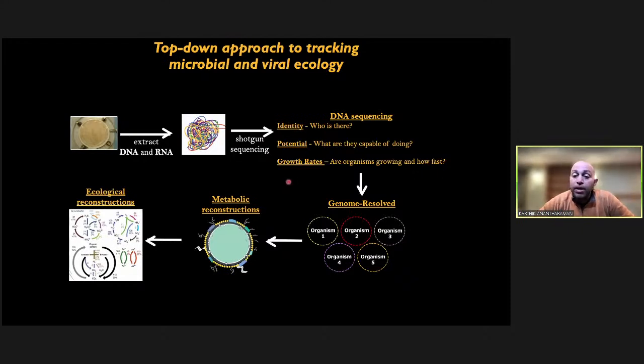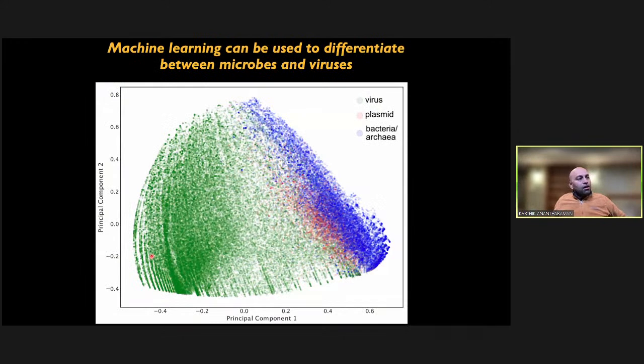Our research is typically genome resolved. So, from shotgun sequencing, we generate organisms through a variety of bioinformatic approaches, and we get different genomes that would look like this. We reconstruct metabolisms. And then finally, we undertake ecological reconstructions that look like this. Now, when it comes to studying viruses, viruses are slightly trickier to study than bacteria. And the reason is that we don't have a good idea for the most part of what viral genomes look like. So we have to develop new tools or come up with newer approaches to try and